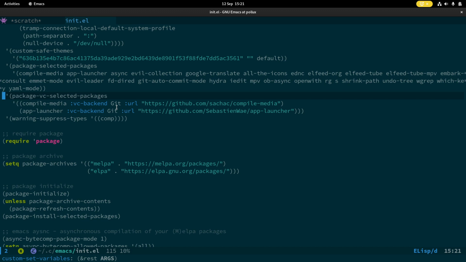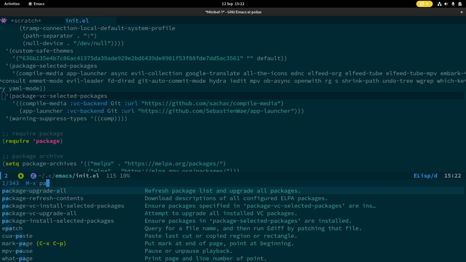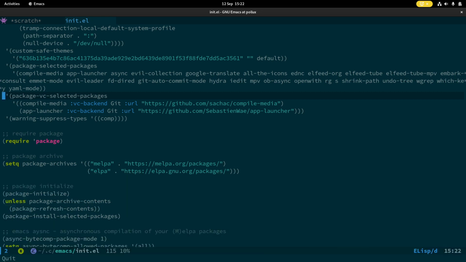Version control, basically. So this is pulling stuff down from version controlled repositories. We got the URL without the .git extension, and then it adds these package names up here under package selected packages. And after a bit of faffing about, trying all these different permutations, it does seem like you can run package upgrade all, and it will